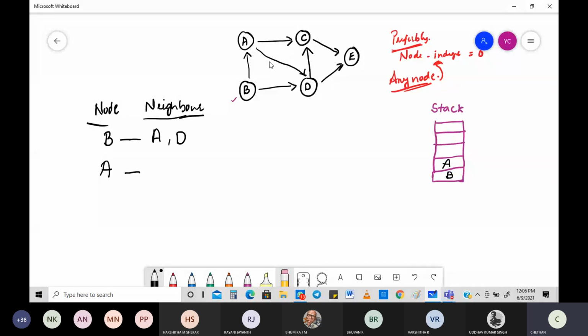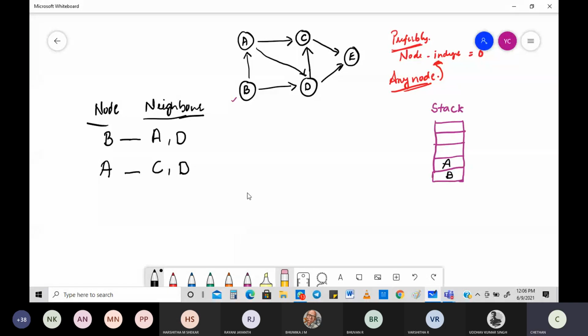What are the elements that you have? One is D, the other one is C. So I can write that. What are the neighbors for A? C and D, no doubt in that. Look into the diagram. Look into the things I'm writing. That's how it needs to work. So I've written that.